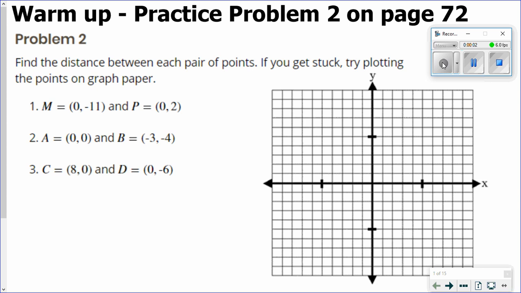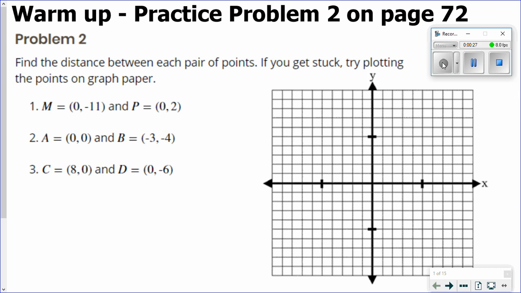Open up your workbooks to page 72, and let's get started on our warm-up today, practice problem number 2. Your task here is to calculate the distance between each set of coordinates below. Remember the two strategies that we've utilized, one of which, if you're stuck, you can plot the coordinates on the